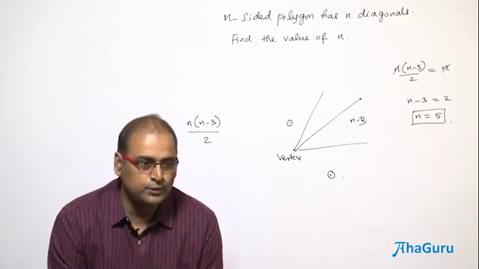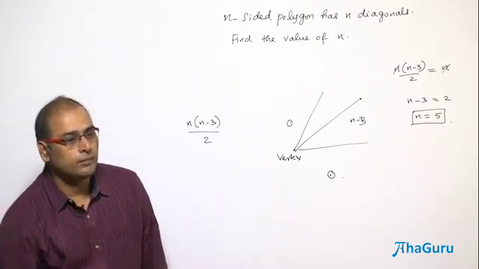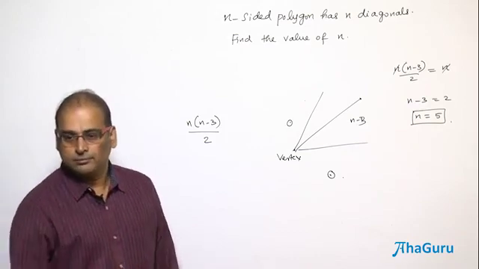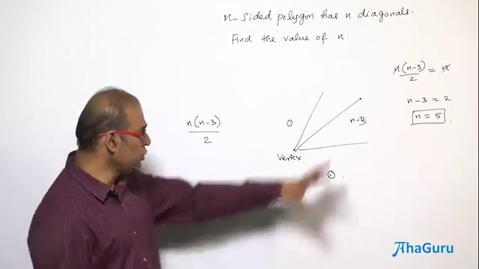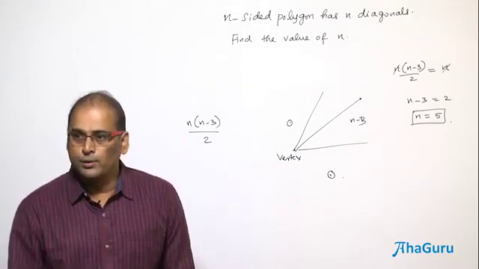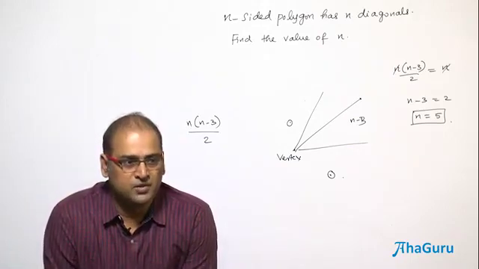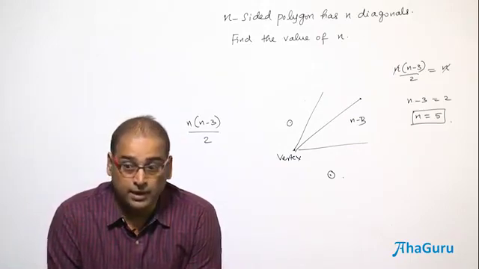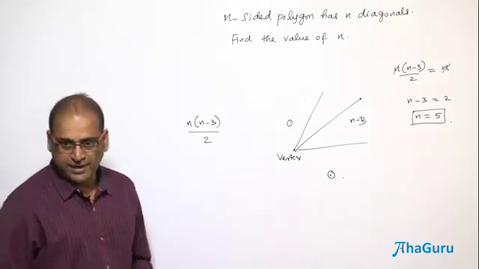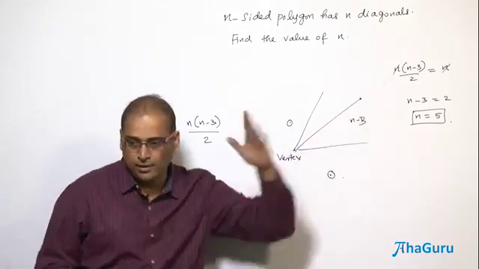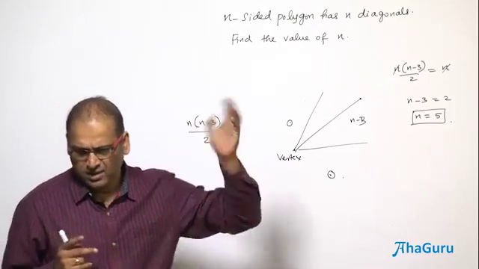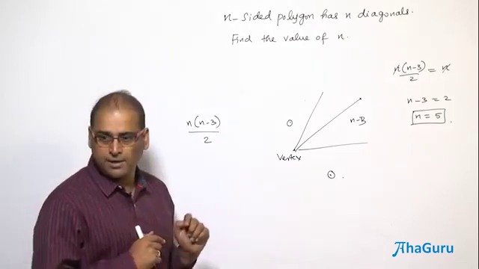But I am going to do this problem differently. Correct? Because you used the formula. I am going to use an interesting way of counting and doing the problem. And it also helps you to find the number of diagonals without even knowing this n into (n minus 3) by 2. It's another perception. Okay. Shall we do that?